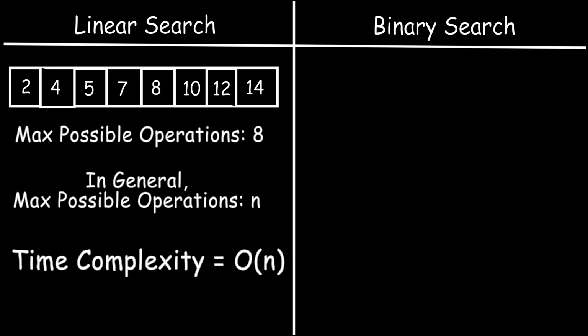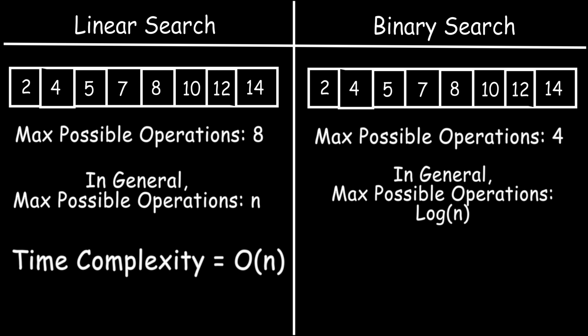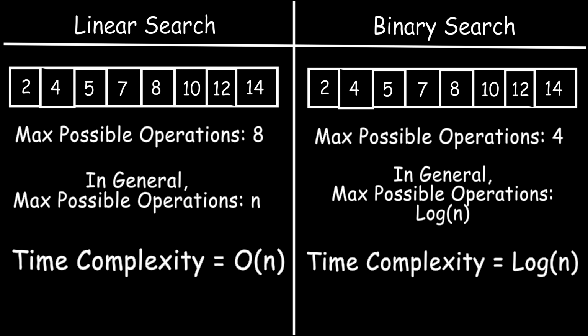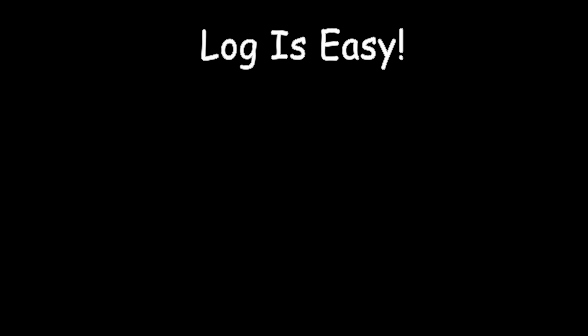From the above scenario of 8 digits of array, it took about 4 steps to find the search digit. By the number of steps, we can identify a logarithmic relation between the number of steps and the input size of array. So its time complexity is log of 4, and in general it is log of n for n sized array. For those who have a fear of or do not understand log, just think that to find out